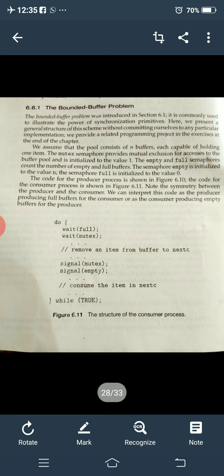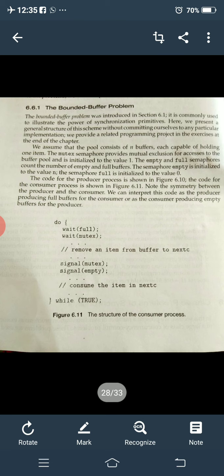Wait means the value of mutex will become 1, which means it is locking. After putting the items into the buffer, the consumer will remove an item from the buffer. After removing, what we have to do? The producer has done its work.